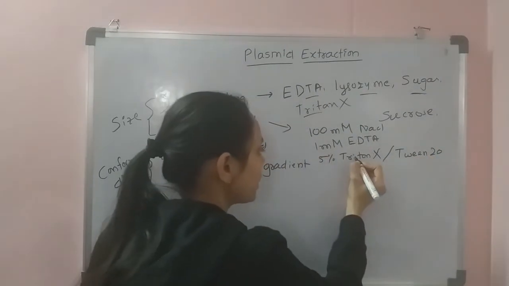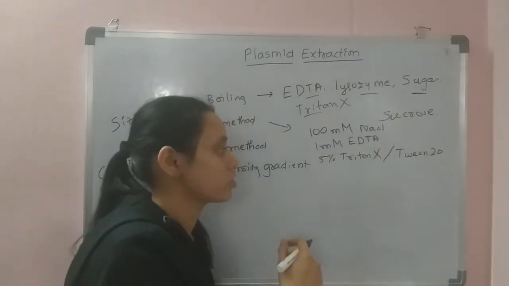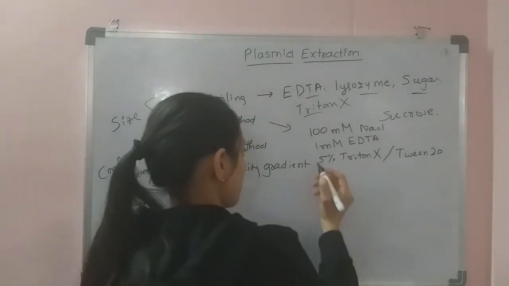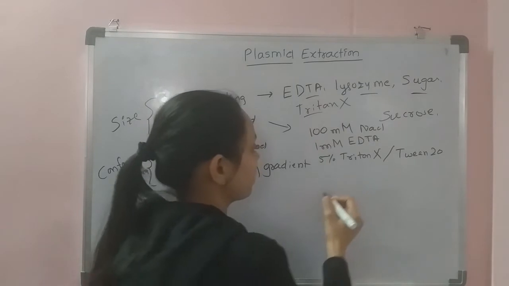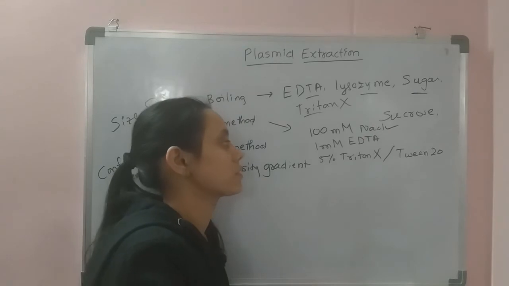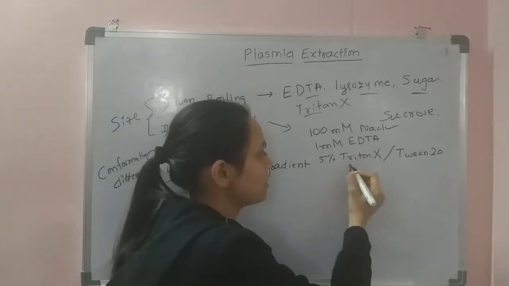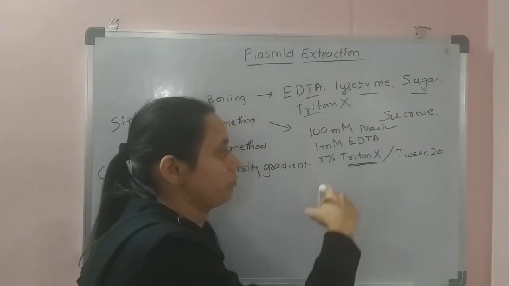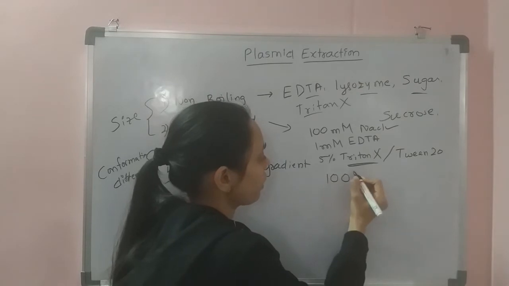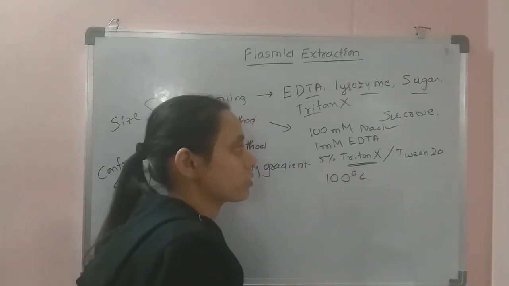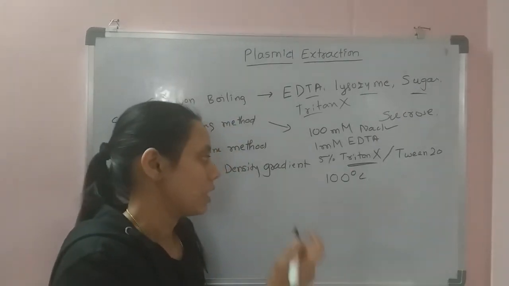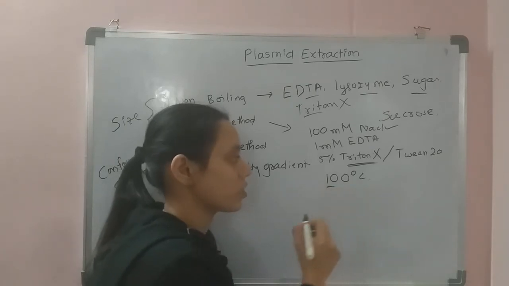So any detergent with mild activity, which is not like SDS, which makes the cell burst. Here we are going to use these ingredients: NaCl, which helps to produce spheroplasts, EDTA, and a mild detergent, and also here we are going to boil at 100 degrees centigrade. All these ingredients are added into the cells, and we need to boil at 100 degrees.